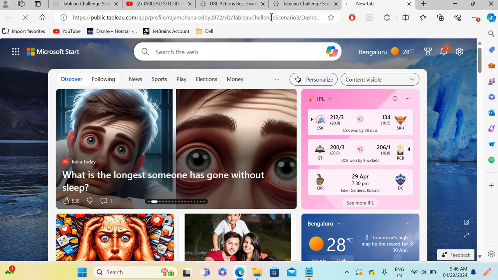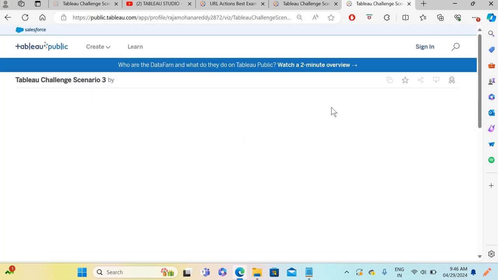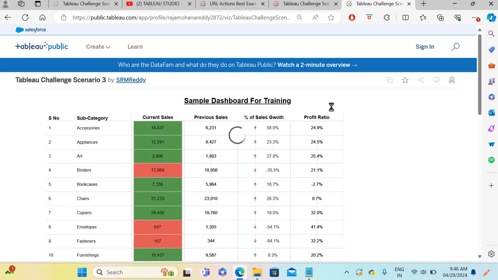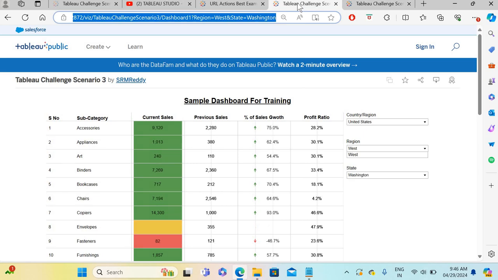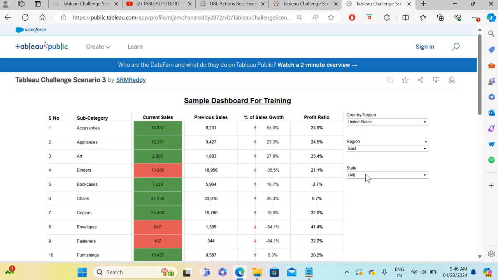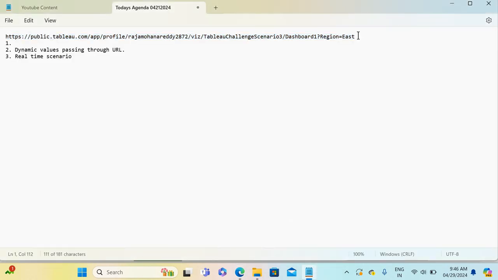Let me paste it here. Okay, now you can see. Earlier it was showing west, now it is showing east. So under this east, we have these states, and if you want to filter this state also, we can do the same thing: go and edit this URL, and please add this state filter also here. State is equal to,